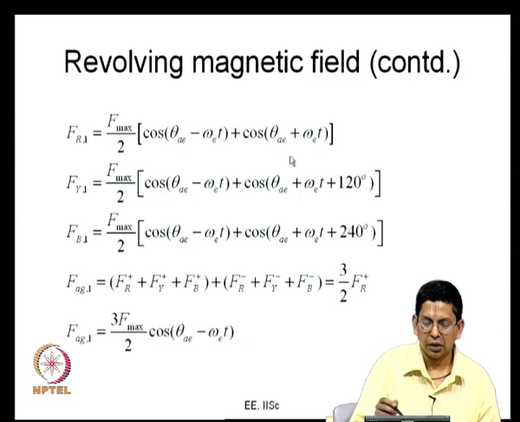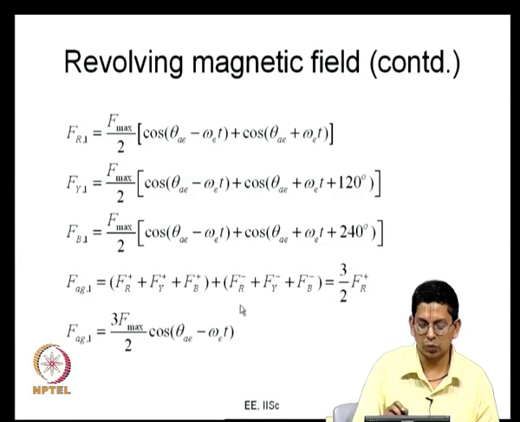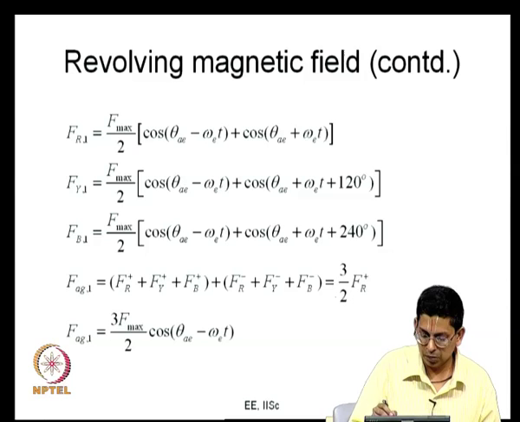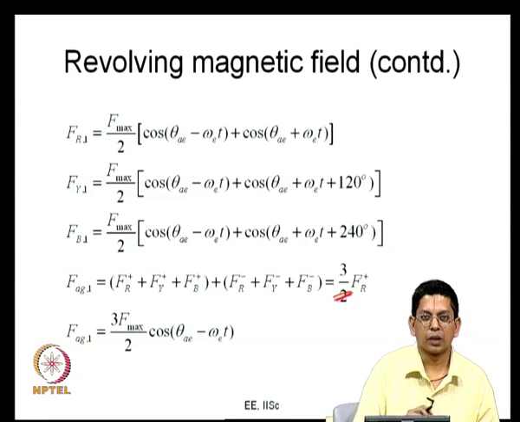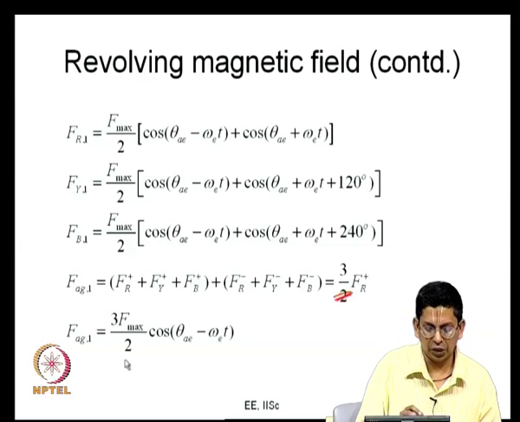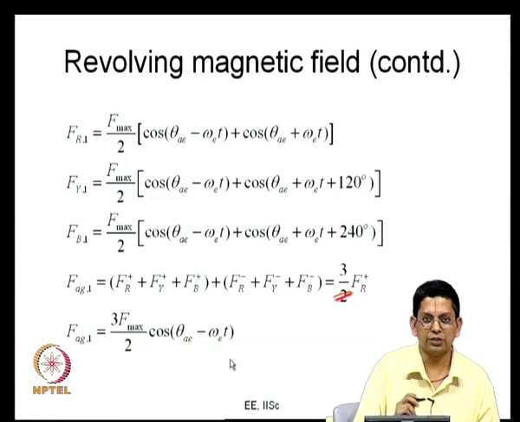On the other hand, for the clockwise components, this is some cos of x, this is x plus another 120 degrees, and there is another 240 degrees added. So, these three cosines add up to 0. FR minus plus FY minus plus FB minus would add up to 0. Hence, the sum is simply 3 times FR plus, and that is nothing but FAG1 equals 3 by 2 F max cos of (theta AE minus omega AT), and now you can see this is